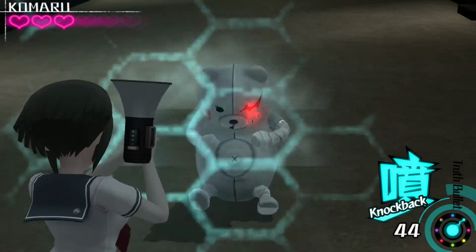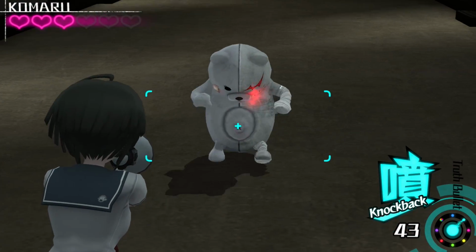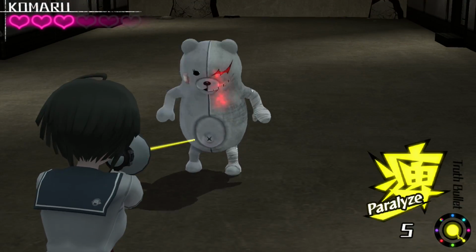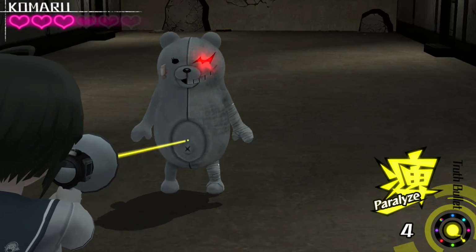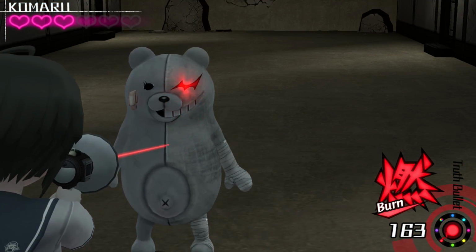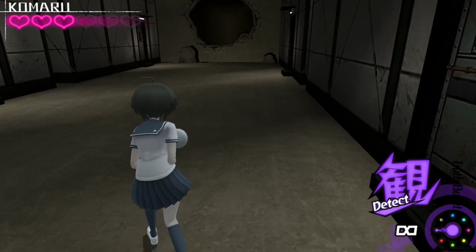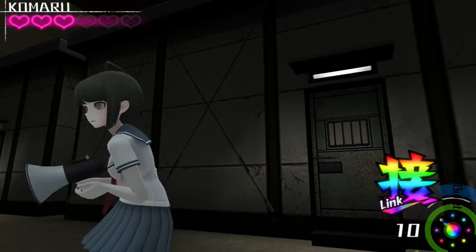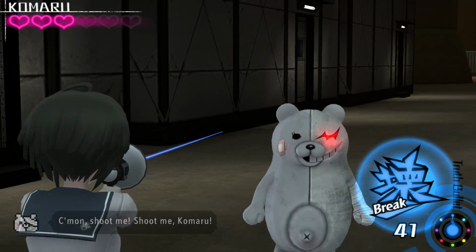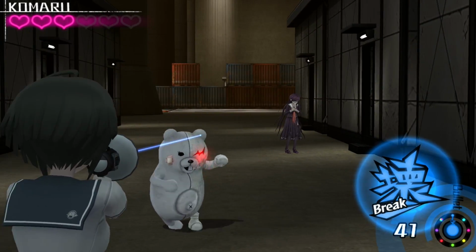Here's one thing I wanted to try. What happens if you use the other bullets on Shirokuma? You can use knockback, it doesn't do anything except knock him back. You can use the paralyzed bullet, doesn't do anything. Burn, move, none of them work. Detect. So, you try all these different bullets, you can't use Link, that doesn't work either. Special force field or something like that. But